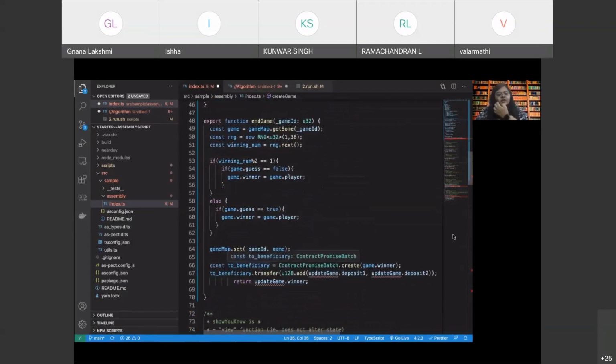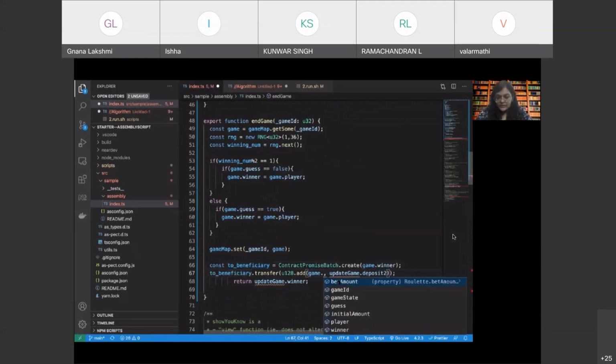So now the beneficiary is the one to whom all the money will go, right? So the game winner, whoever has been set, will be sent all the money. Now, how much money do we need to send? We need to send an addition of the game bet amount that was sent by the user plus the initial amount that was created for this particular game.